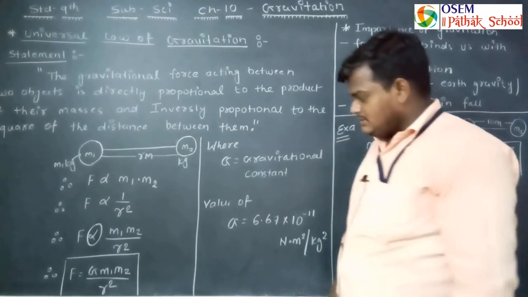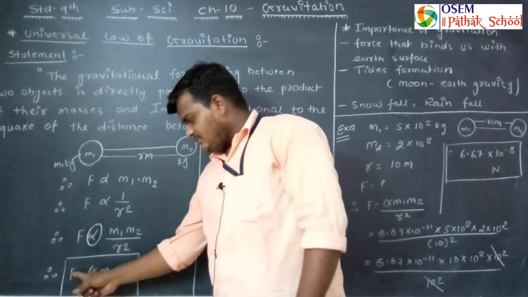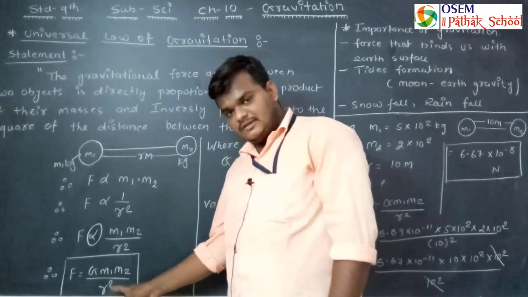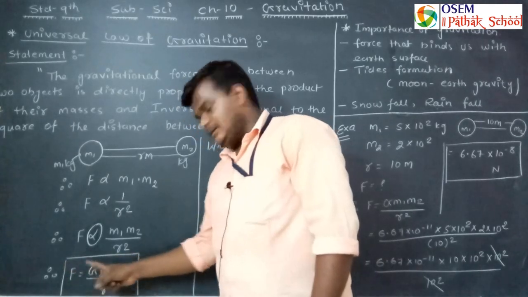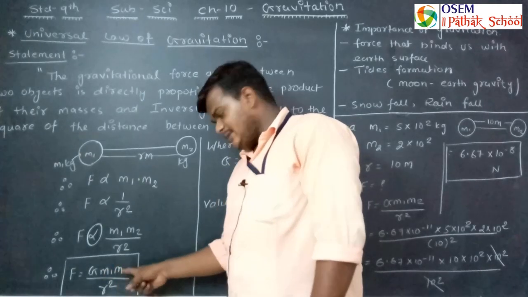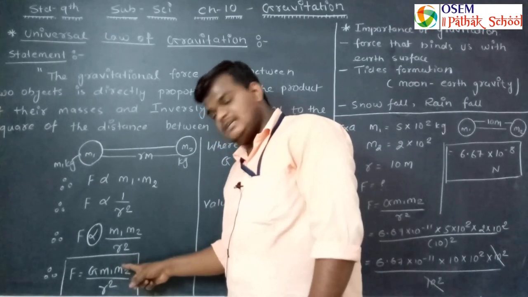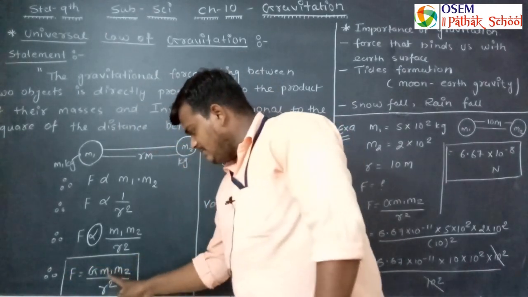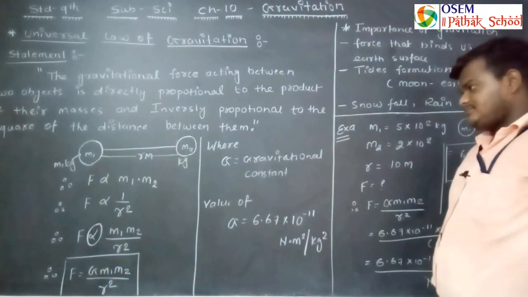How does it come? Suppose यहाँ से G को अगर सब्जेक्ट बनाए, make the subject from here. So this is force and it has unit Newton. This is distance square, means meter square, so Newton into meter square. अब ये m1 has unit kg because this is mass, m2 also has unit kg because this is also mass, so kg into kg, kg square. So Newton into meter square divided by kg square. So this is your final equation.